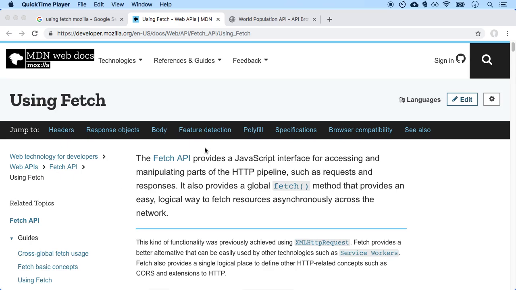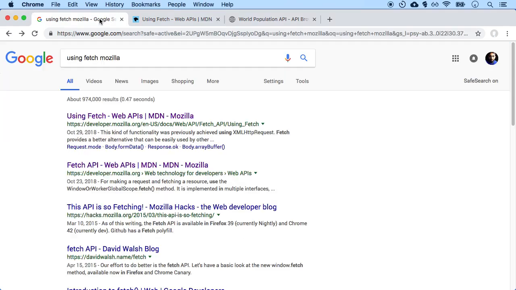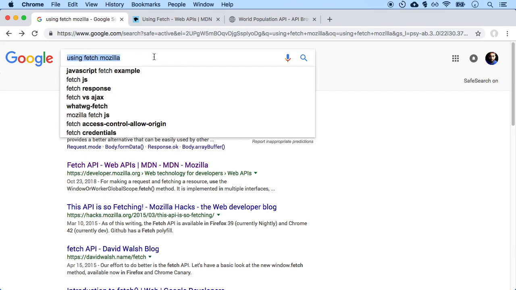When you are a developer, you're working with at least two systems. So let's say you are a mobile developer or a web developer, and let's say you work for Google. One of the pieces that the Google website would have is something called a front end. This is the front end, or the user interface, that the user sees. So when I type in certain information over here, let's say using Fetch Mozilla,